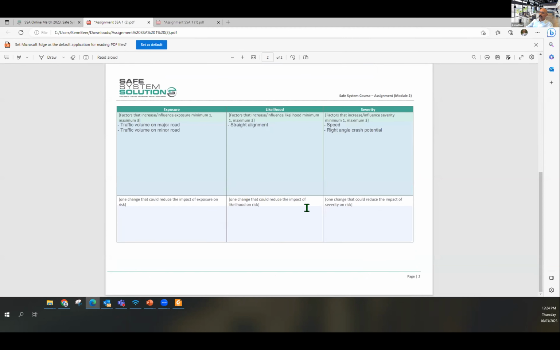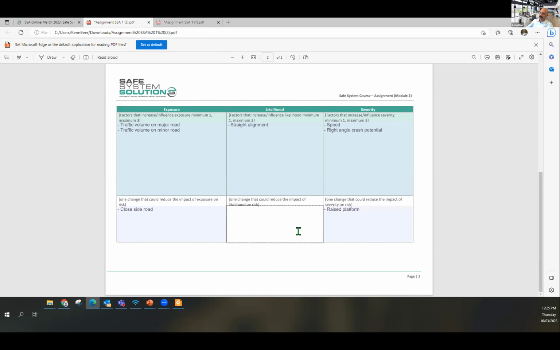And then we go, well, what can we do to alter this, to influence? We're not cost constrained, so you could do grade separation, flyover, or you could do closed side road. There you go. You could do straight alignment, so we could do raised platform. Actually, I'll take the raised platform out of there. I'll do raised platform here, because you tend to say that a raised platform reduces the severity of crashes.